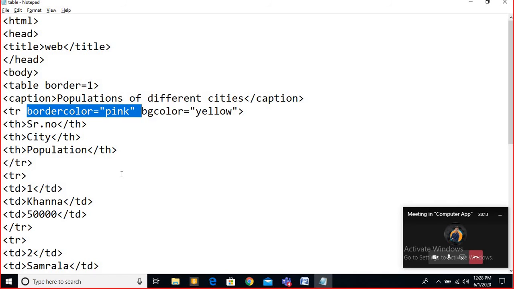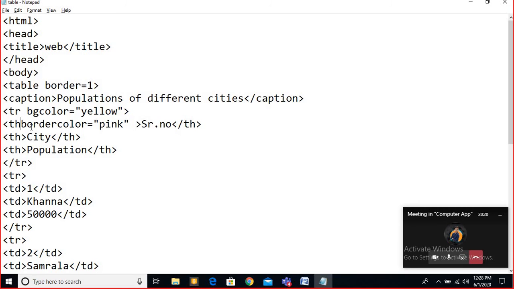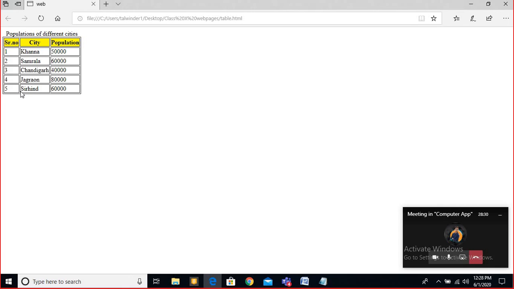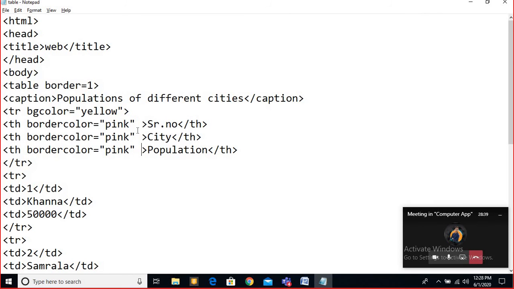Wait, if I use this in the particular one, no, it's not showing. Why so?